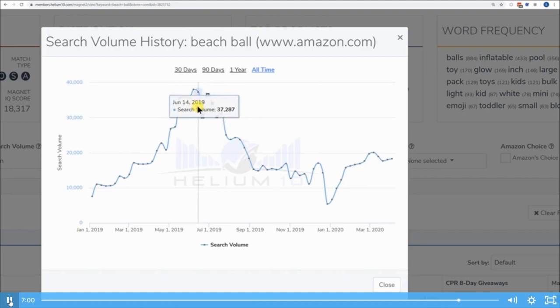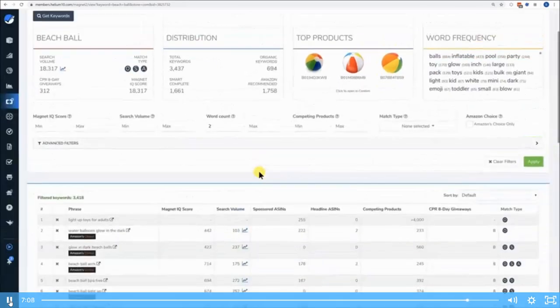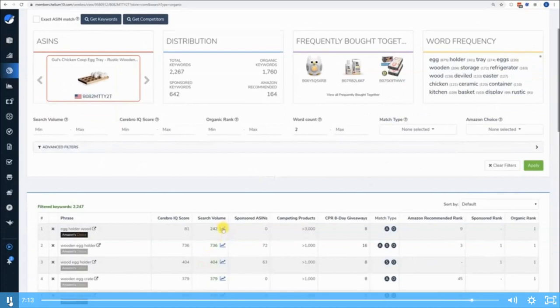So this is a great way to check the seasonality of a keyword, to see if it's trending up, or to see if it's trending down. So anywhere you see search volume in Helium 10, you will be able to check the seasonality of that keyword by hitting